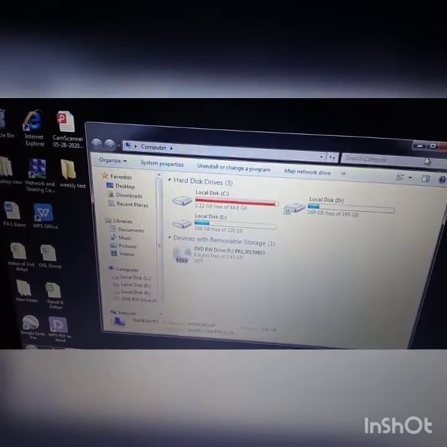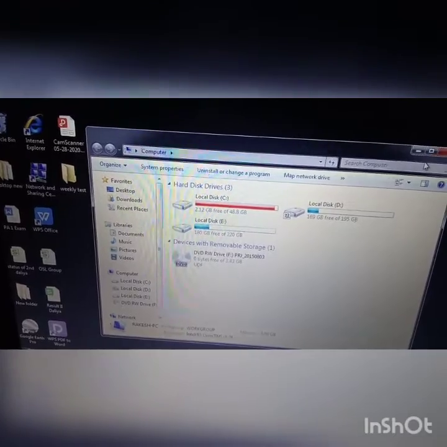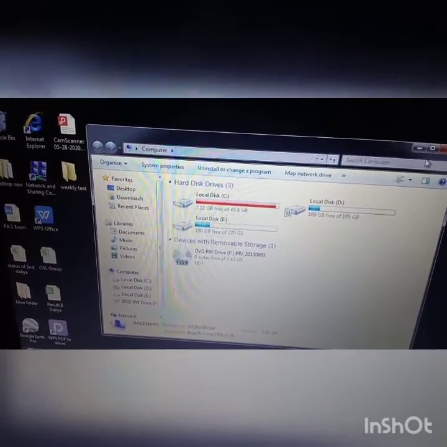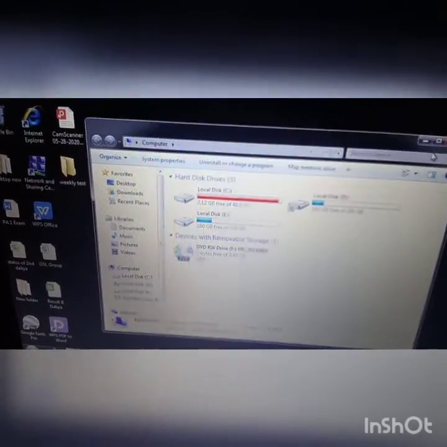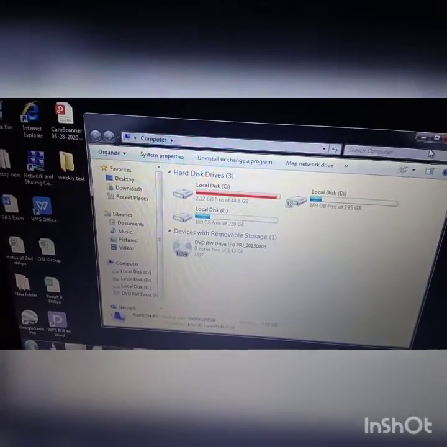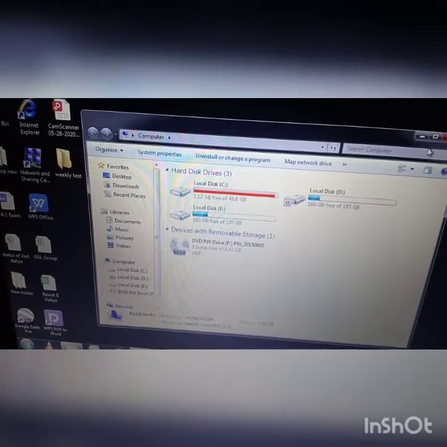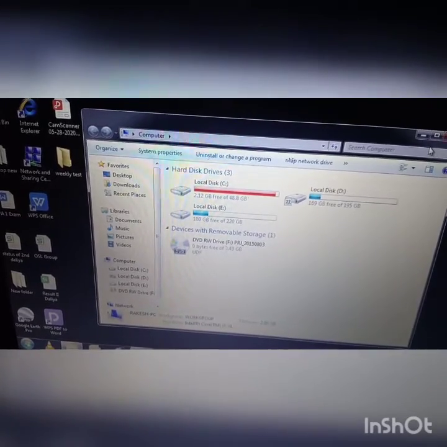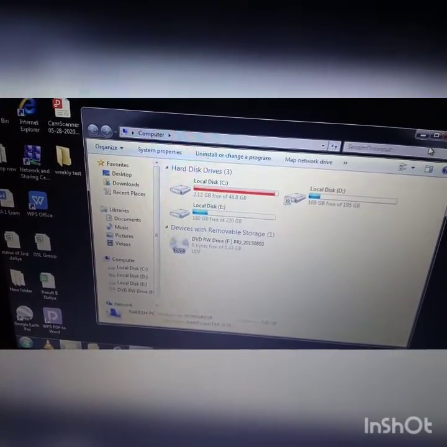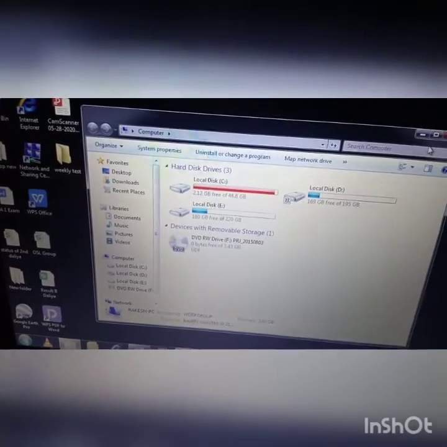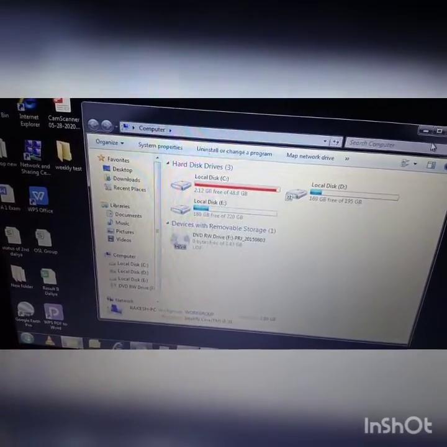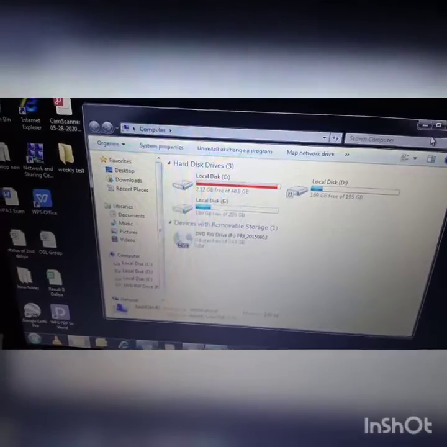Now, the floppy disk drive, or you can say A drive. When you double click on the floppy disk drive icon, you get the content of the floppy disk, and you can also store different files in this disk. Floppy drive is generally named as A drive, but I don't have an A drive in my computer.